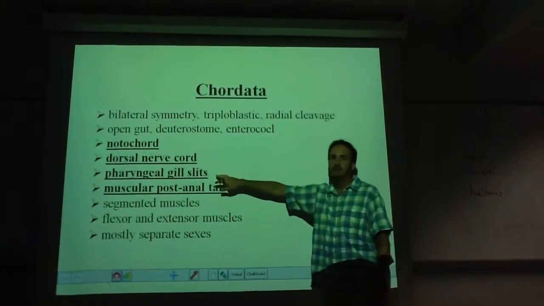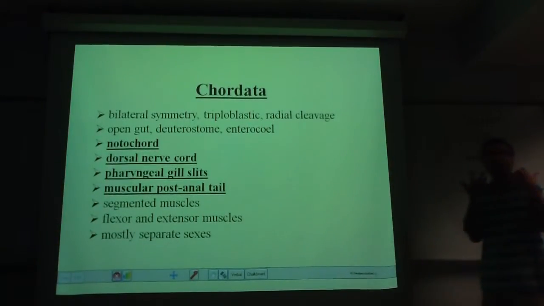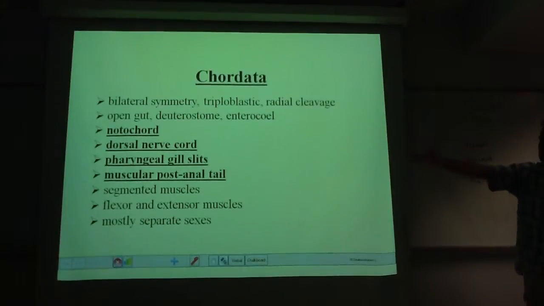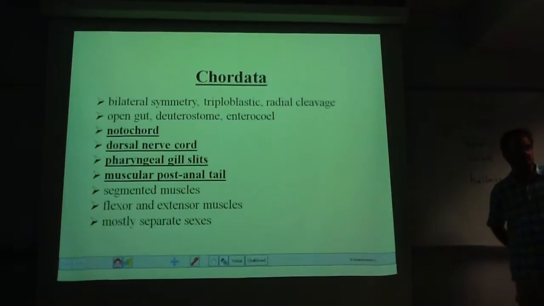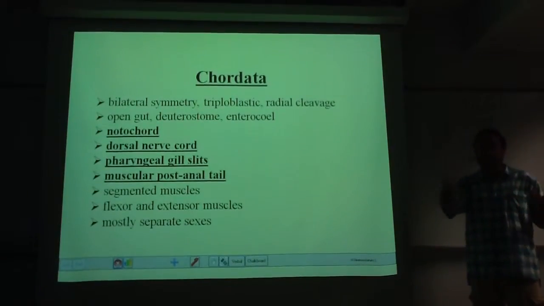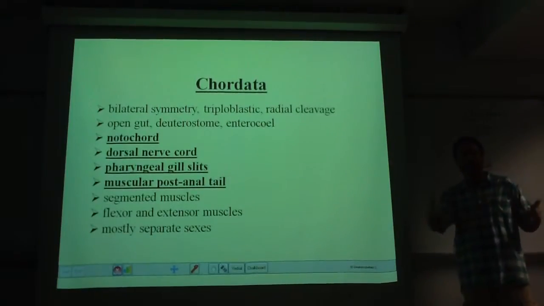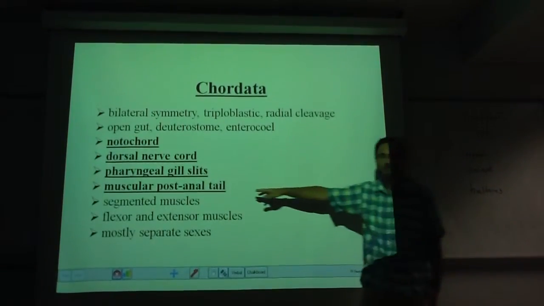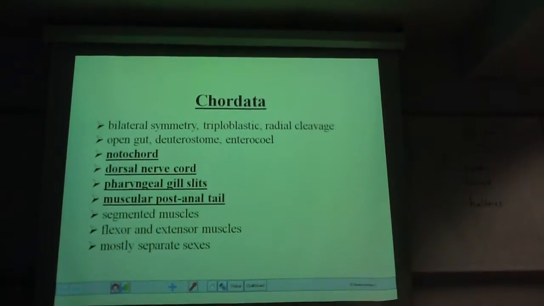So you lost these, but during development, when you were embryonic, you had pharyngeal gill pouches. And a muscular post-anal tail. You might have noticed that of the animals we've looked at so far, nothing really had a tail, did it? Not a real tail, not a muscular tail, certainly. Chordates do. And again, you're probably going to say, well, I don't have a tail. Well, you did when you were very, very small. And of course, some babies are even born with tails. Usually they take them off. Most parents don't like their kids running around with a tail. But every once in a while, you even have little human babies that are born with little tails. So you definitely did have one at some point.